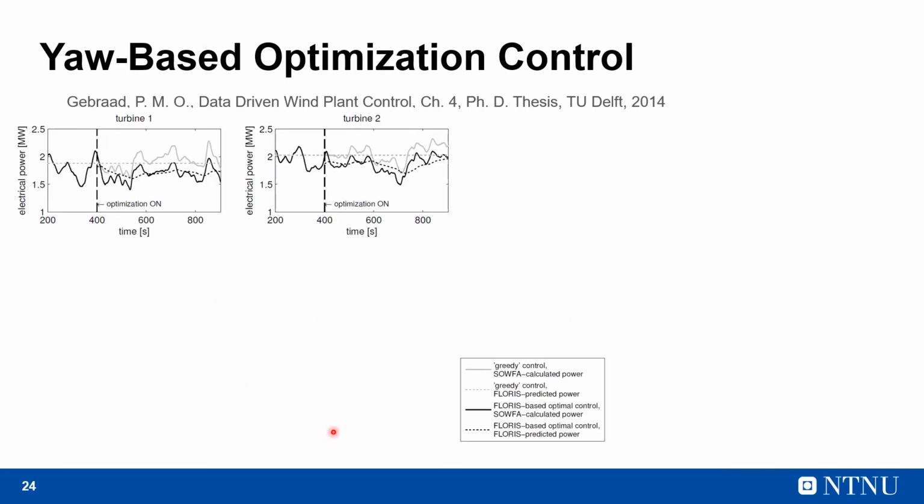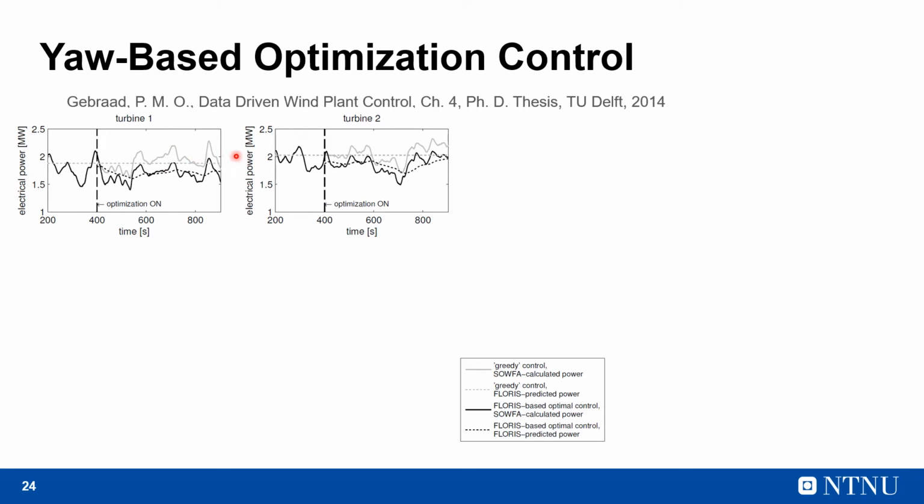Let's look at what it means for the individual turbines. The gray continuous line represents the SOFA calculated power for greedy yaw setting, while the black continuous line gives the SOFA calculated power for the optimized yaw setting. The gray dotted line is the FLORIS predicted power for greedy yaw setting, and the black dotted line is the FLORIS predicted power for the optimized yaw setting. Again, we see that for the first row of turbines, the power output using optimized yaw settings is actually below the power output of the greedy